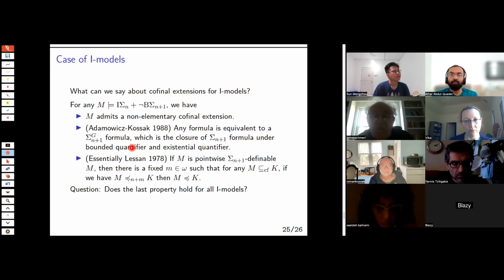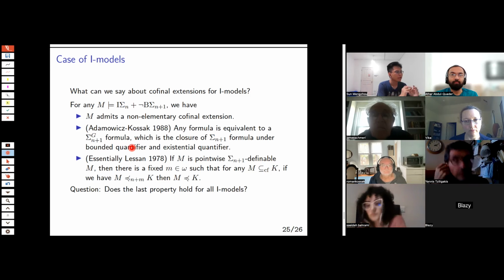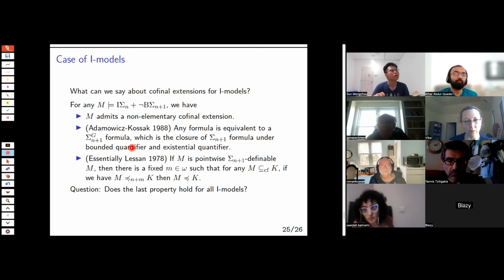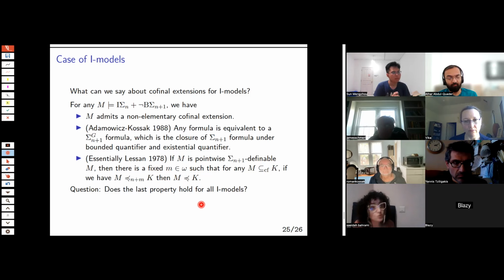So that there's a fixed definition of omega inside M, and we can write down a sentence describing that M is pointwise sigma plus 1 definable using this definition of omega. And if K is a cofinal extension of M, then inside this K, the same definition of omega will apply to K. So inside K, the omega is still definable in K, so that if we have enough elementarity to make the formula saying that M is pointwise sigma plus 1 definable to be absolute, then K will also know this,